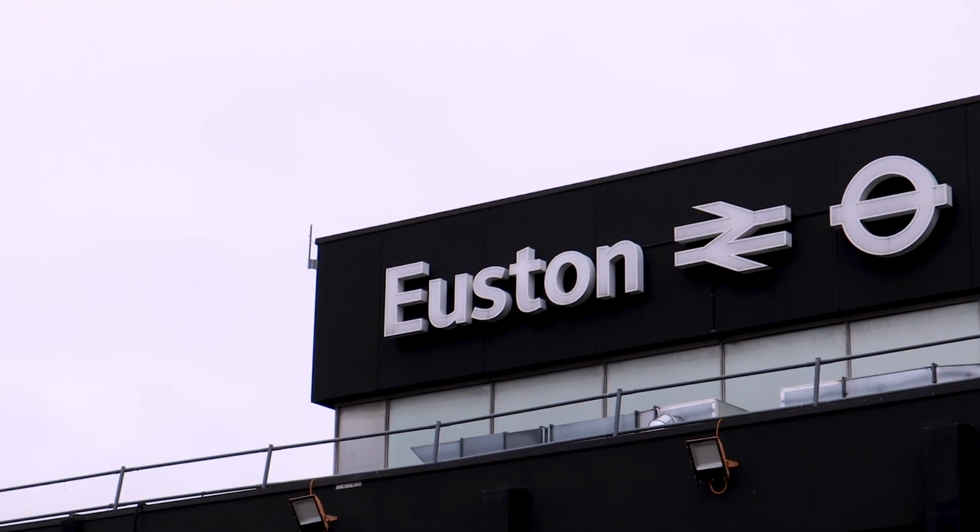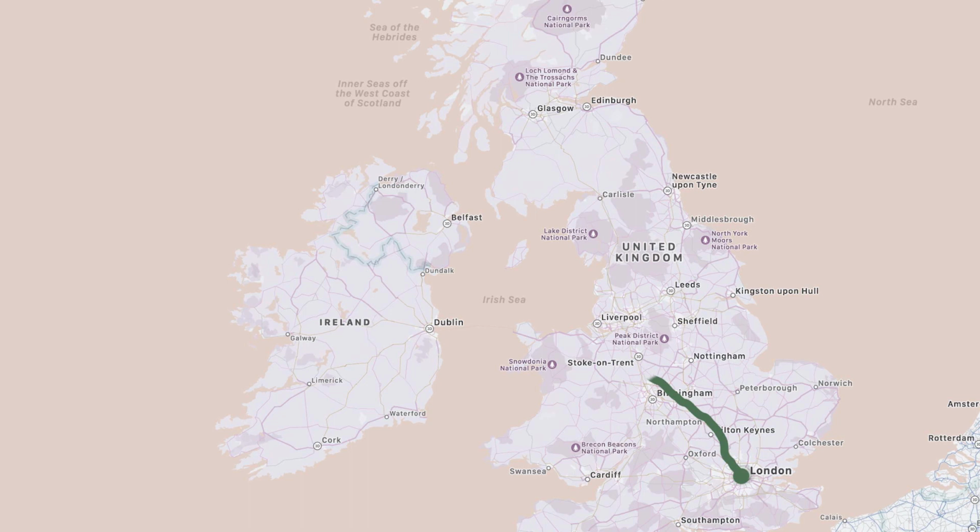Hello, I'm at Euston Station in London, and tonight I'm getting the Caledonian Express to Scotland. We're taking the Highland route, leaving from London tonight and arriving in Fort William tomorrow morning. It's about an 8-hour journey, so we should arrive just before 10 a.m. tomorrow morning, and then we need to change trains and go from Fort William to Mallaig, which should be about